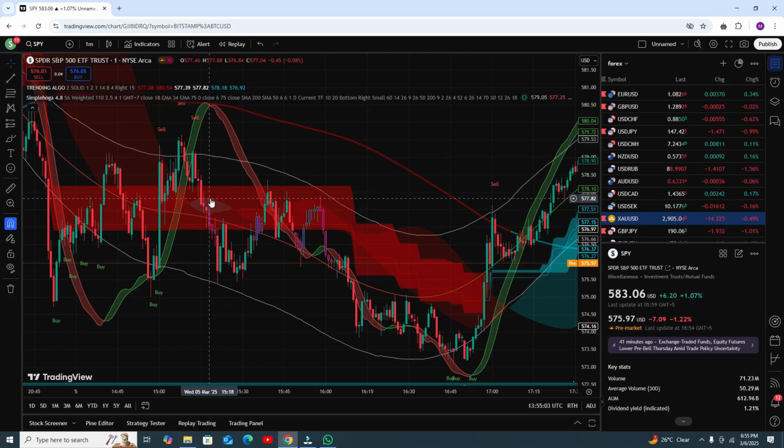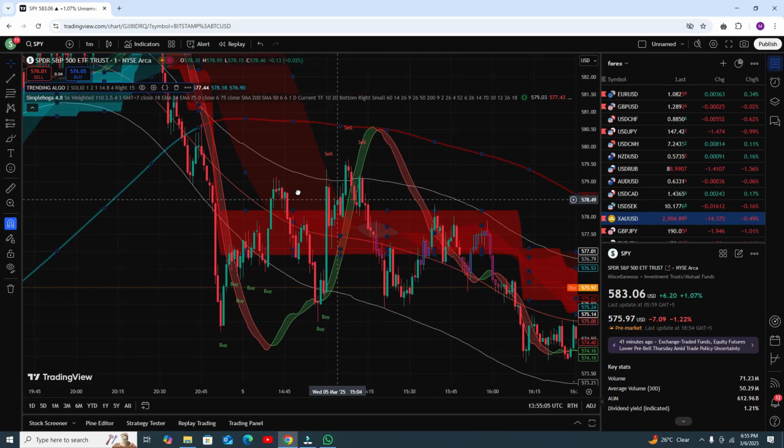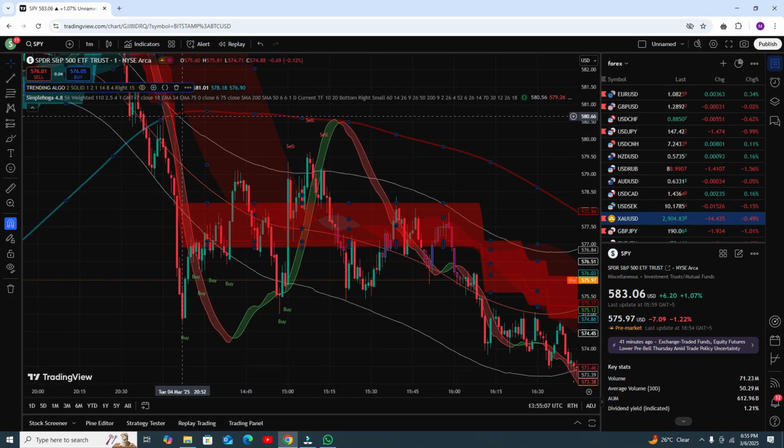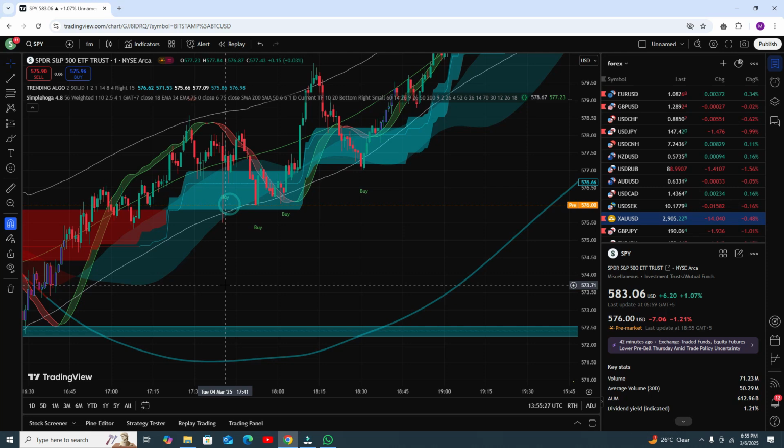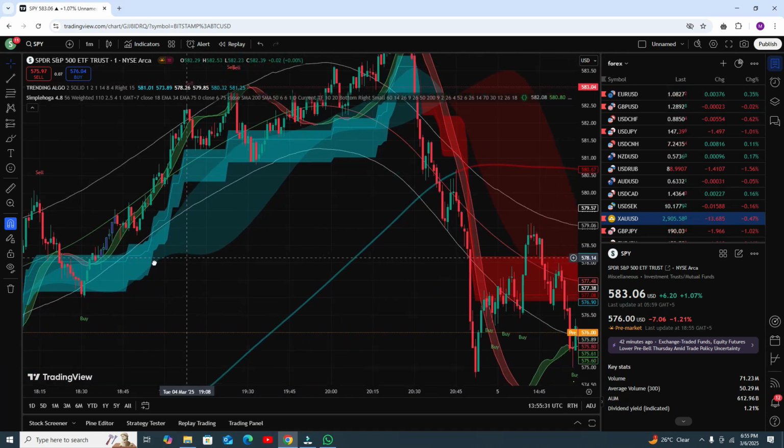Okay, here you can see in the setup you will get five things. The first thing is the trend line. The trend line is actually a red one and a blue one. When the candles are below the trend line, you can see the trend line becomes red, and when candles come upside from the trend line, you can see there is a strong buy area, and you can see almost all buy signals are profitable.